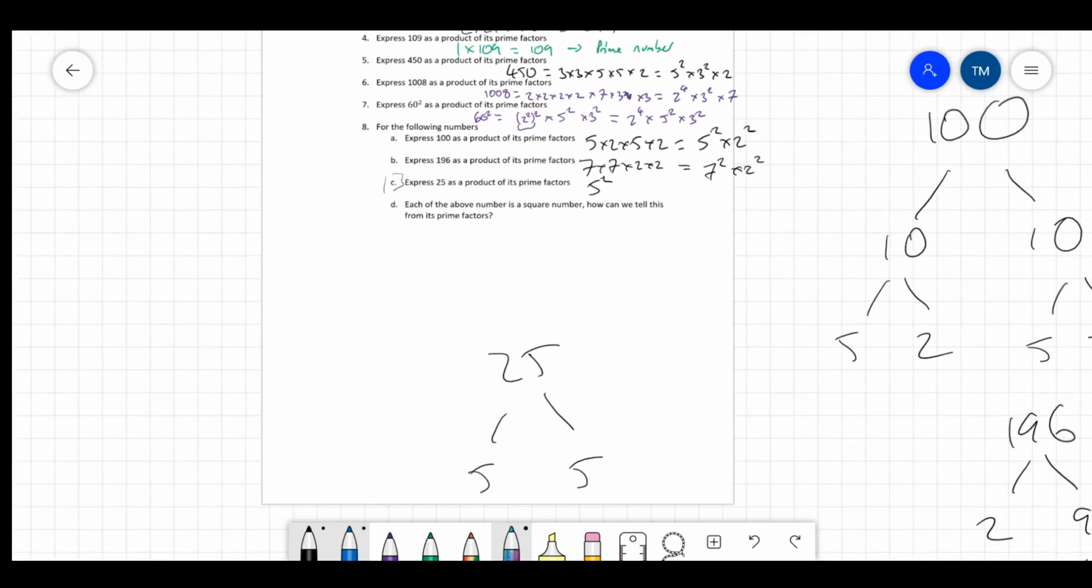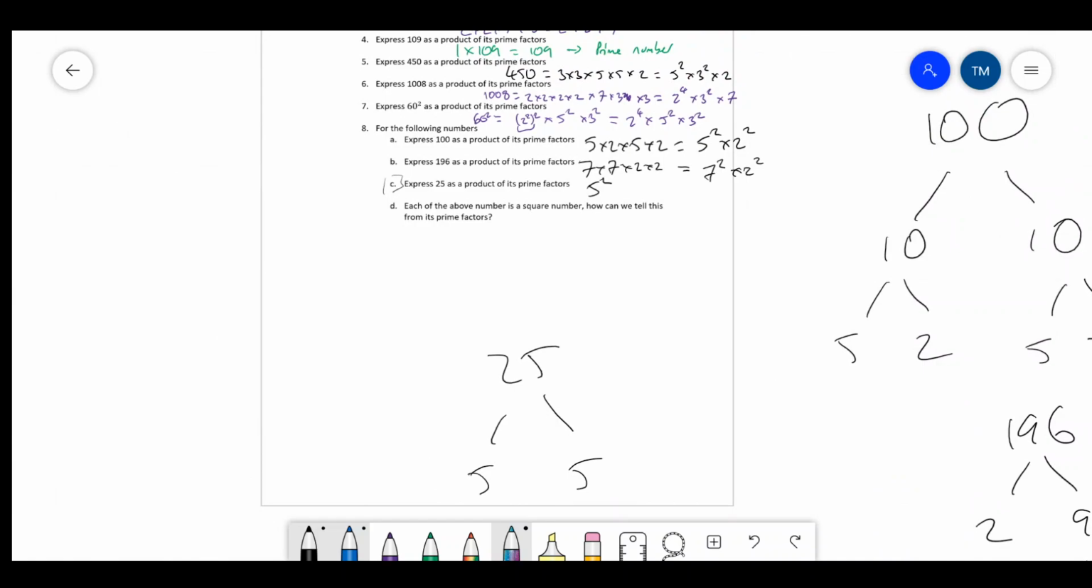Part D says each of the above numbers is a square number. How can we tell this from its prime factors? Well, if you look at the prime factors, you'll notice that all of them are squared. 25 is 5 squared. In 196, it's 7 squared times 2 squared. And in part A, for 400, it's 5 squared times 2 squared. So the answer for this one is that each of the prime factors are squared. And that's how you can tell whether a number is a square number, because its prime factors